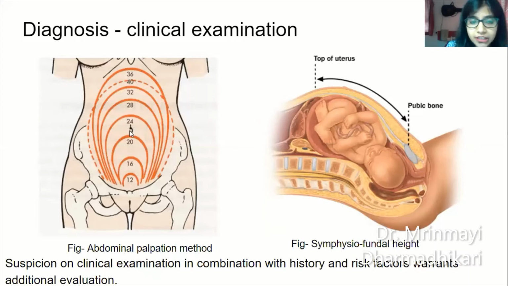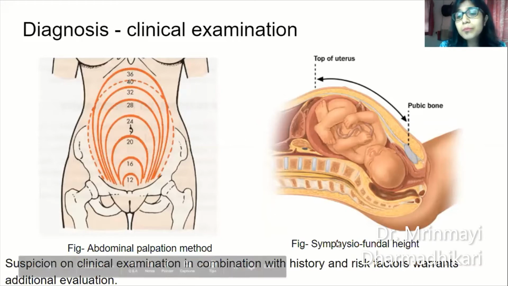Thereafter, the region between the umbilicus and the xiphisternum is divided into 3 equal parts. The junction of the lower 1/3 and upper 2/3 corresponds to 28 weeks of gestation, followed by 32 weeks, and 36 weeks of gestation. The fundus is then maybe a finger breadth below the xiphisternum. As gestation further advances, engagement takes place. At 40 weeks, the fundal height falls down to the level of 32 weeks of gestation.